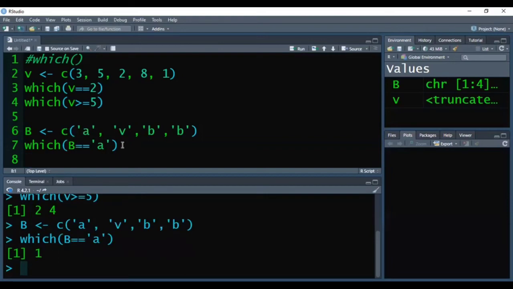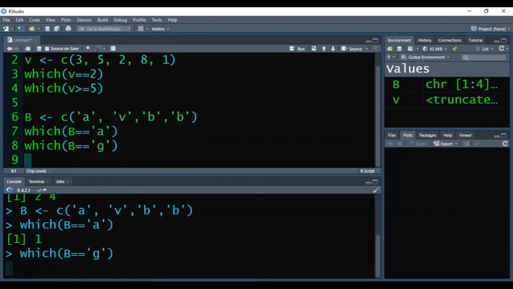Similarly, if I want to check whether any element in the vector B is, suppose, G or not, if G is stored in B, what is the position of that? We are asking this with the help of the which function.